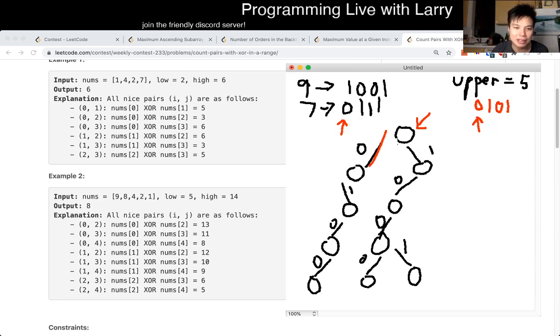Let's say here, right? What does it mean going down this path? That means that the range of numbers that we're looking at now are from zero, the first number has to be 0, right? So that means that the range of numbers that are in the tree will be from here to 0, 1, 1, 1, right? So basically, and what does that mean? That means that these numbers will give you 0 to 7, right? And basically, we're trying to maintain the invariant that the upper bound is going to be 5, right? And now when we go down the 1, however, that means that everything here to the right side, it's going to give you